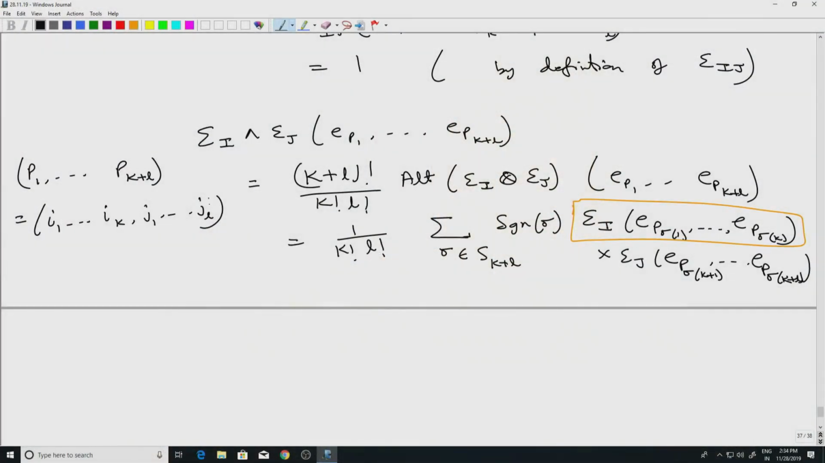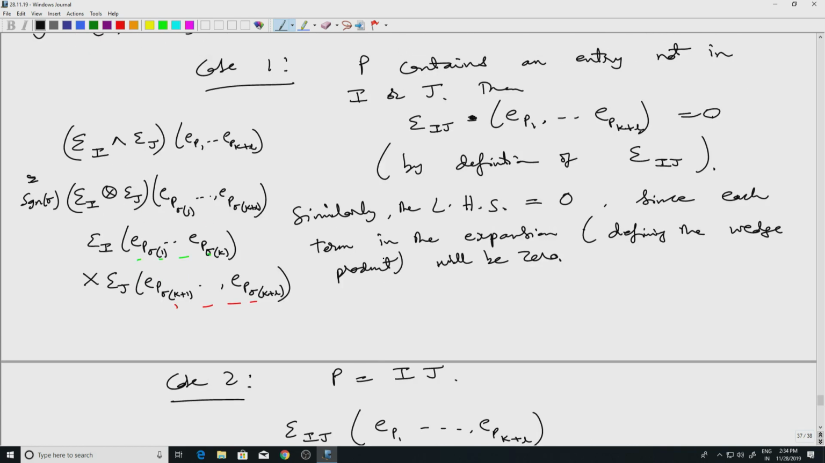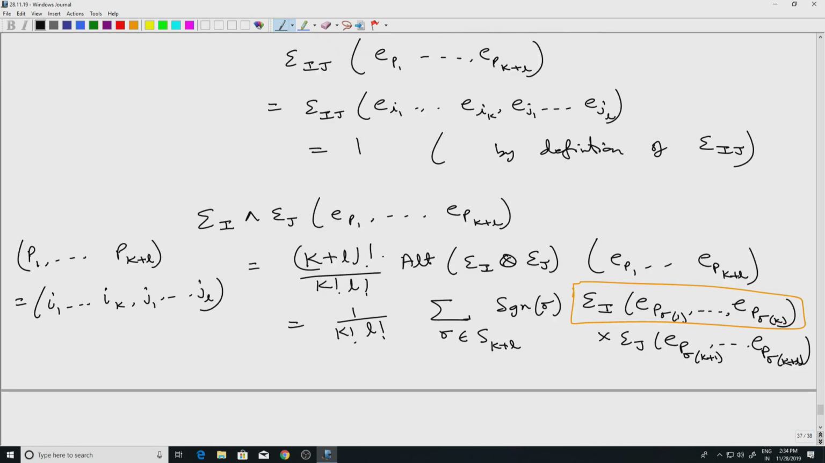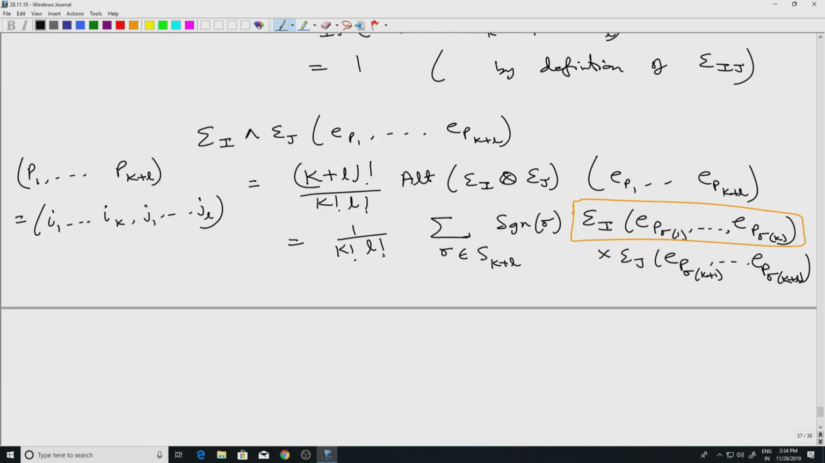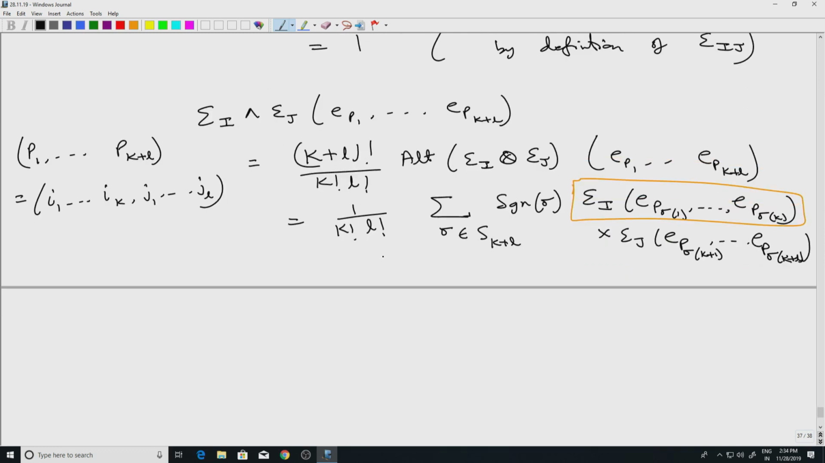So let me continue with the computation that I had started last time. This was with a view towards proving the associativity of the wedge product as well as the anti-commutativity. So now